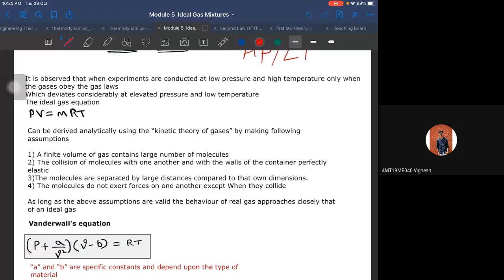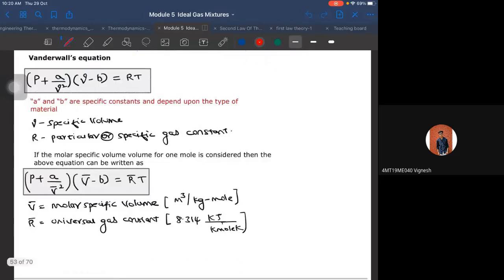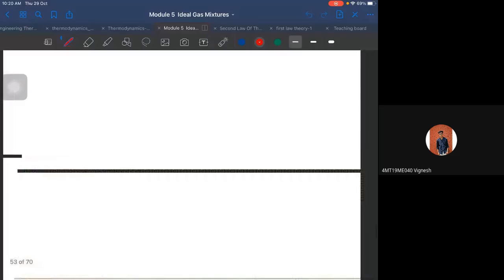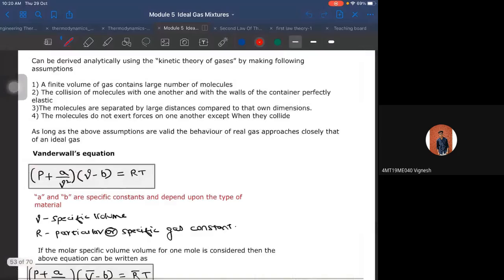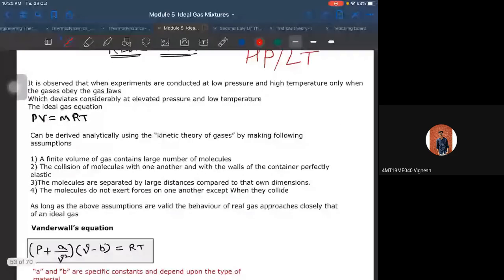Okay, so we'll take another 20 minutes to brush up the derivations. Do not worry about the notes. I will be sending the notes in the form of a PDF; later you can copy it. So I request all of you to pay attention for just the next 15 to 20 minutes to understand this very important derivation regarding the van der Waals equation. Shall we start?